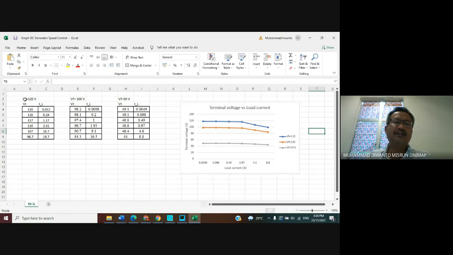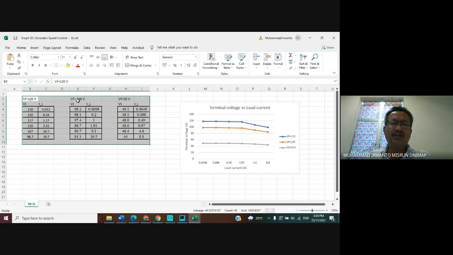Earlier we had 3 different sets of data for field voltage 120, field voltage 100 volt and field voltage 50 volt, each different.